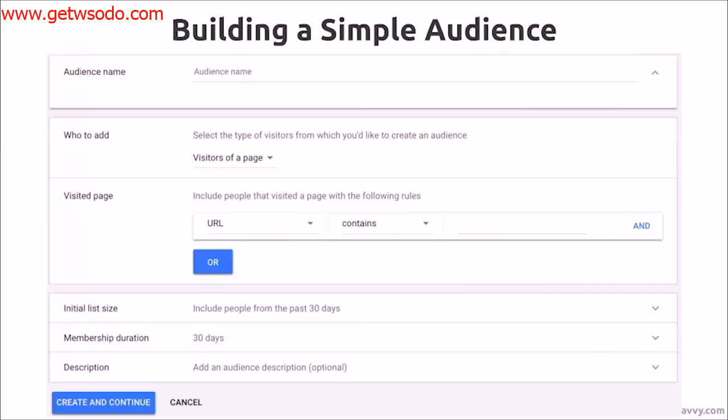And I typically like to put this membership duration you see down the bottom. I like to put that in the audience name. So audience name, all visitors -30 days. URL contains mydomainname.com, and then membership duration stays the same on 30 days. If that's all you did and you just built one audience, fantastic. If you want to go into more detail about this, then do a search for Mike Rhodes Remarketing Grid, and